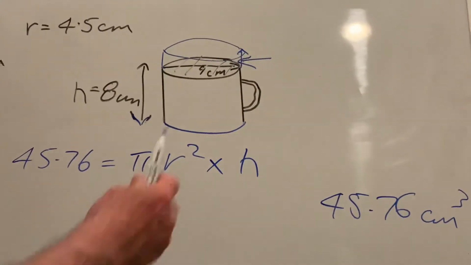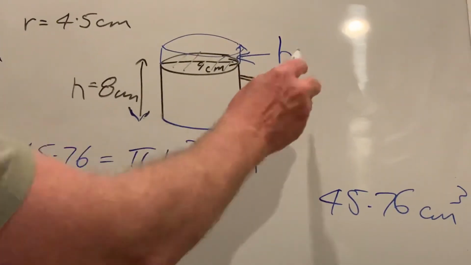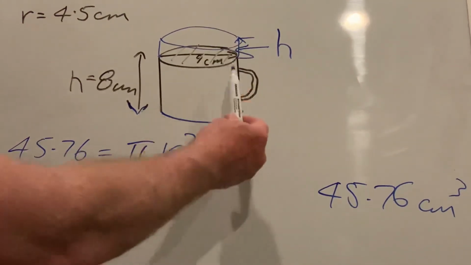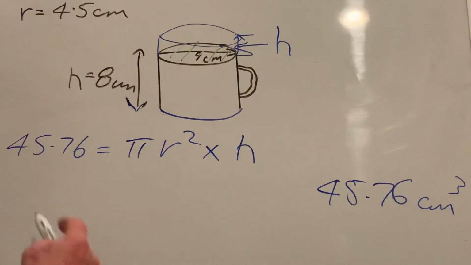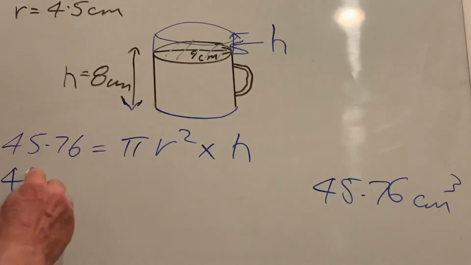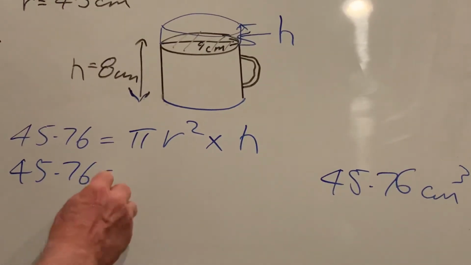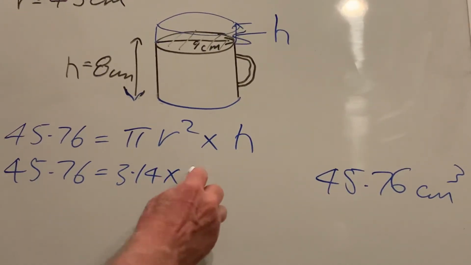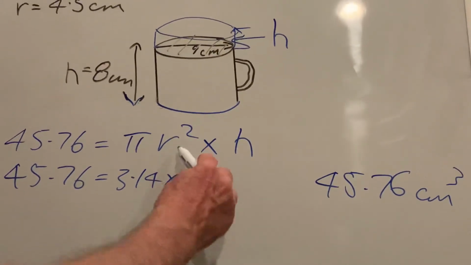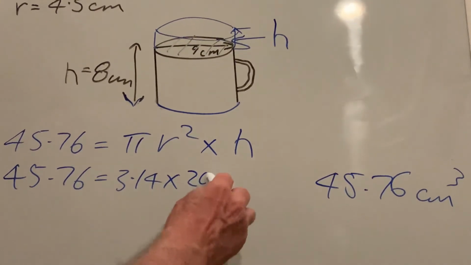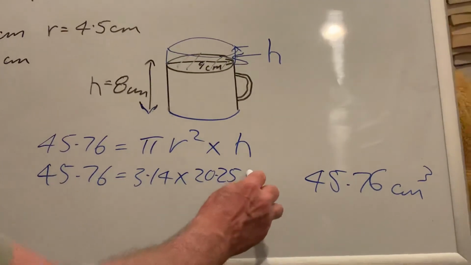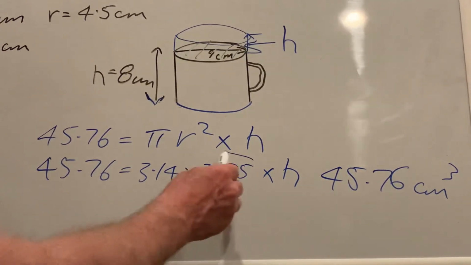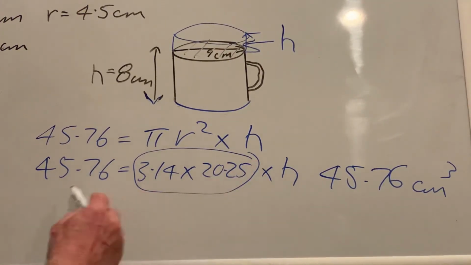Now we know everything here except h, just from there to there. How far above the cup has it gone? Well, 45.76 equals 3.14 times 4.5 squared, which is 20.25, times h. So if we divide everything by this, we get